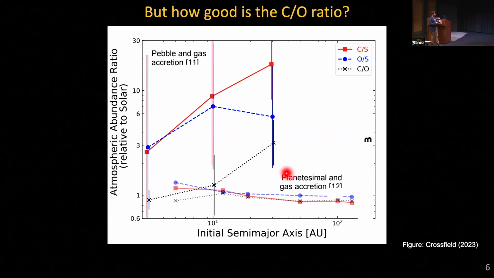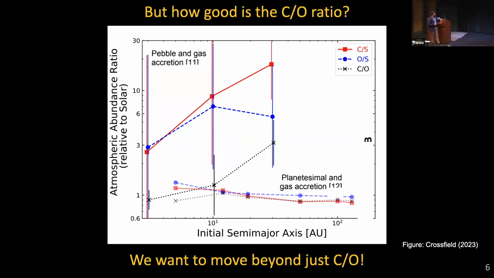If you follow the C/O curve, which is the black dotted line, the C/O curve for both mechanisms agrees within the uncertainties. But that is not the case for the sulfur-based ratios, carbon to sulfur and oxygen to sulfur, which are an order of magnitude higher for pebble accretion as compared to planetesimal accretion. And which is why it is imperative we move beyond just the C/O ratio,